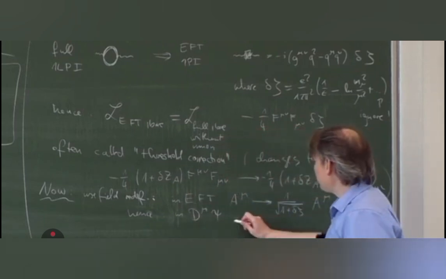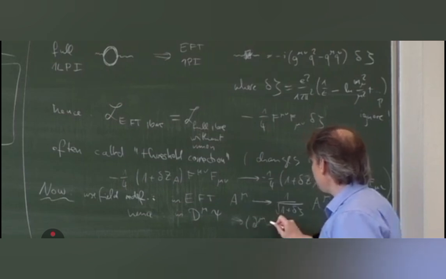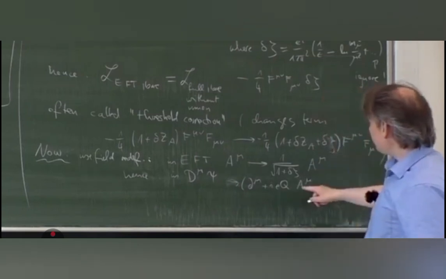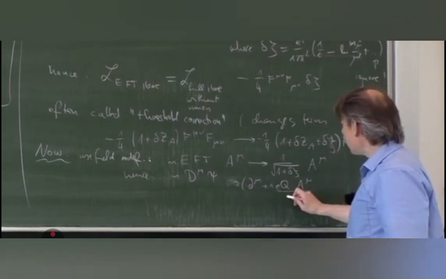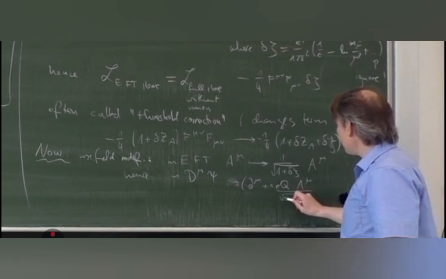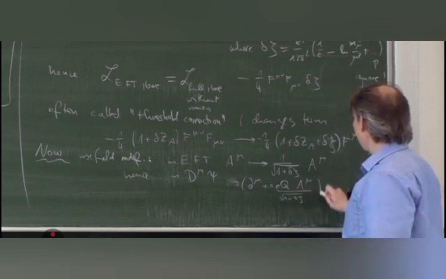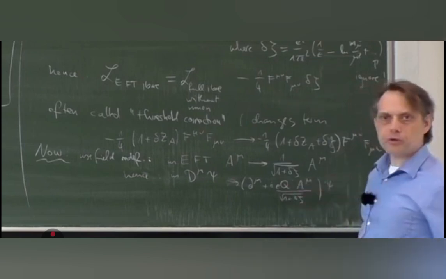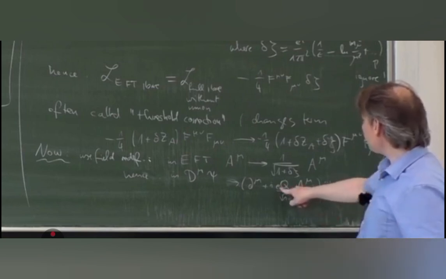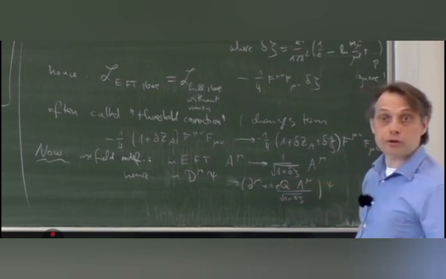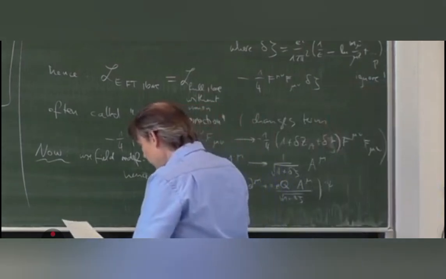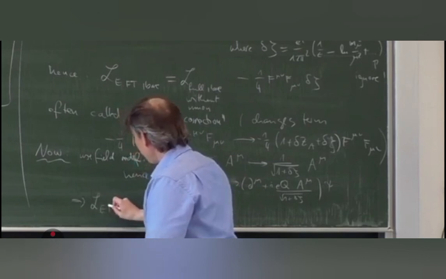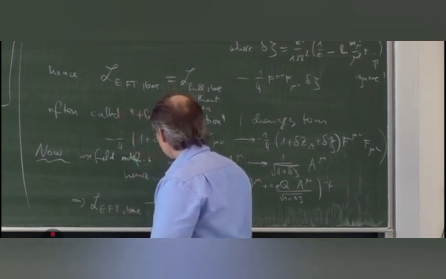we now get the following: normal derivative plus i e Q A_μ. This is what we normally have, but now we get, instead of this, 1 divided by the square root of (1 + δζ) times the electron field. And in order to generate the usual form of the covariant derivative, again, we can absorb the (1 + δζ) in the charge, in the coupling constant e. So therefore, we can say that the bare EFT Lagrangian after this replacement becomes